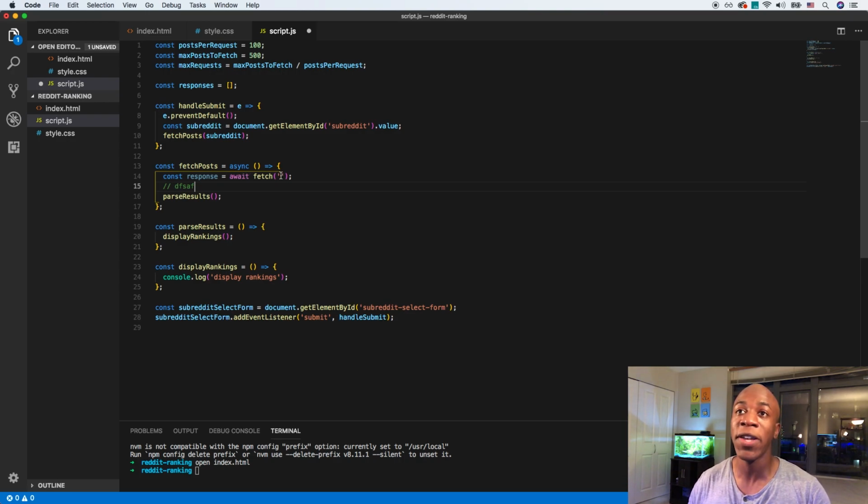So what I'm going to be fetching is the post from Reddit's API. So I'm going to use the same link that I had before, but I'm going to write it in a bit of a different way because we need to use variables. So I'm going to use something from ES6 called template literals. And template literals are strings that can interpolate JavaScript data in a really easy way. And I'll show you exactly how that works. So let me write some backticks, and inside them I'll write HTTPS: